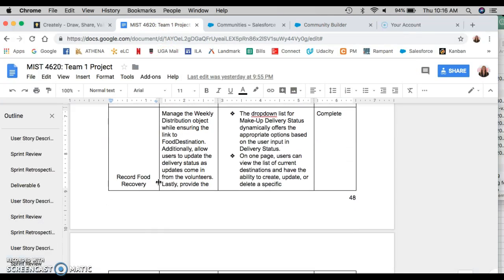The next is recording your food recovery, which is your instances of those deliveries. This was completed in the destination delivery tile, which in the backend we call the weekly distribution object. The key here is to create a drop-down list where the status can be tracked, and that's a new upgrade that Eunice would prefer, so that when someone calls in and says the person wasn't home, she can very